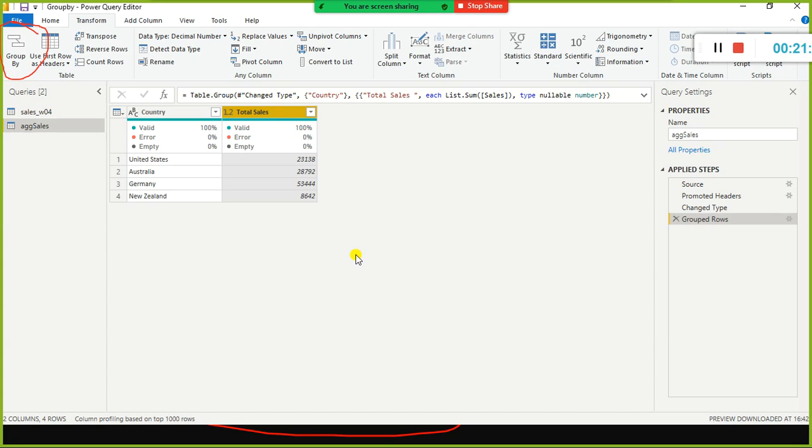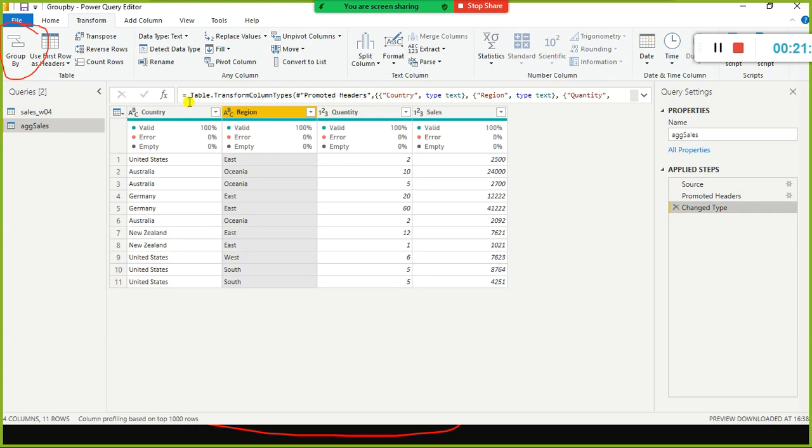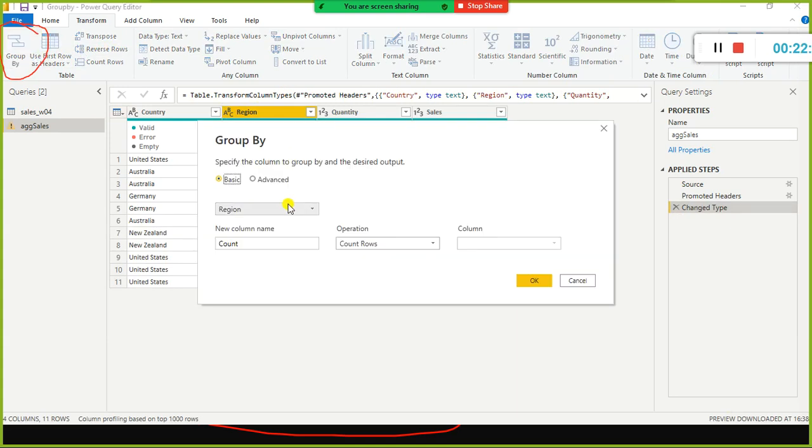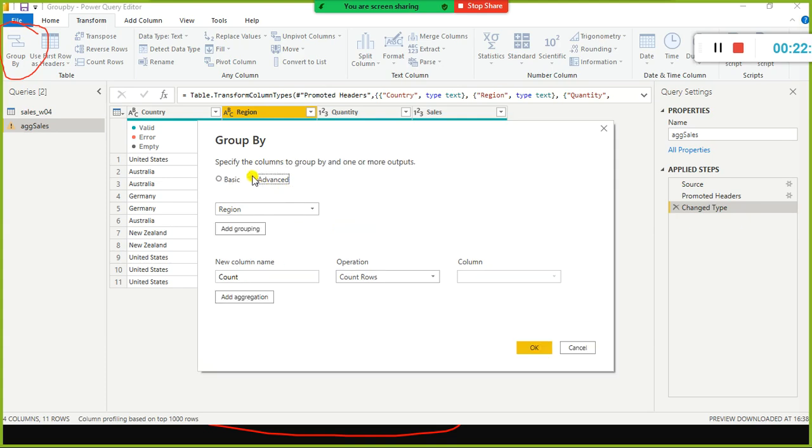So now we will see how we can summarize the quantity column. Now I am going to undo this one. Look here on the right side in the applied steps, I am going to undo this because I cannot use Control Z. Instead, if I click the cross here, I get back my original data. Next I'll select Group By here, and here I am going to select advanced.